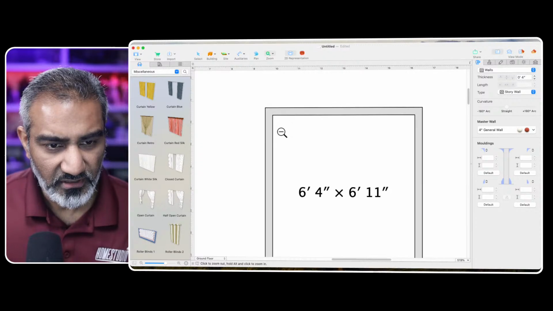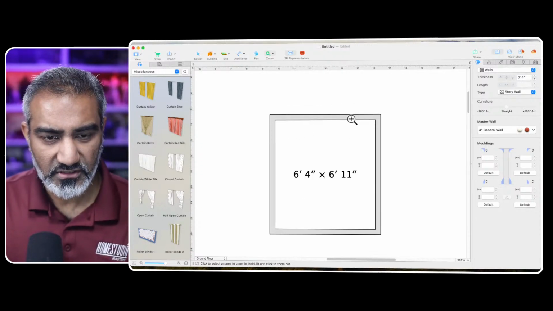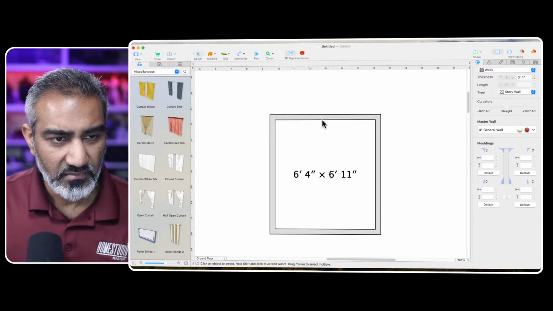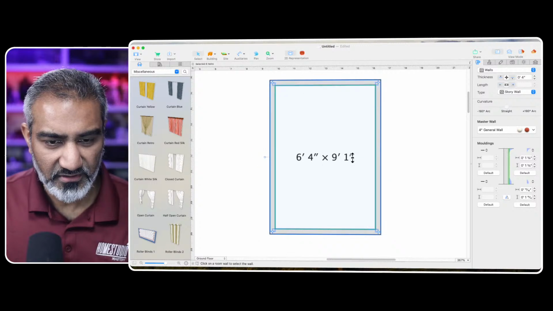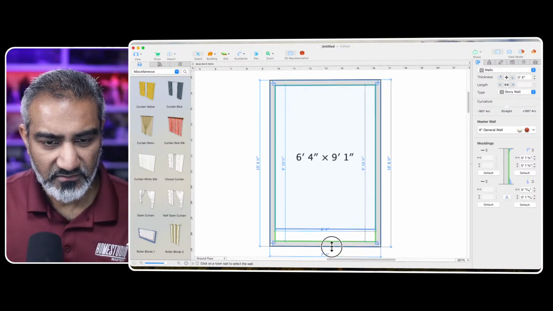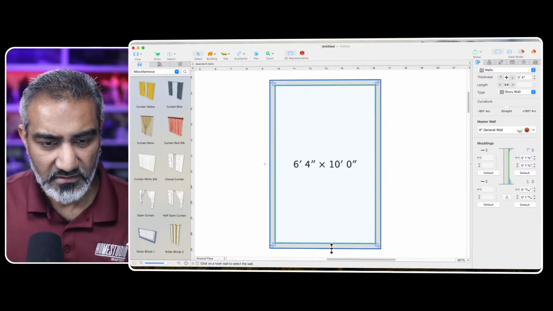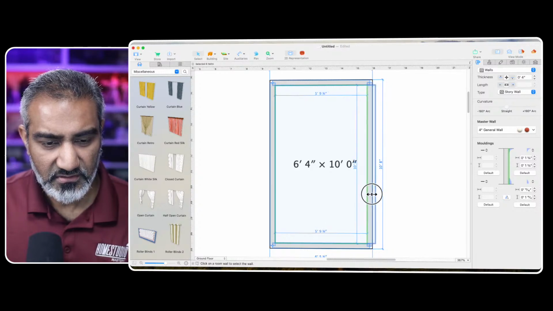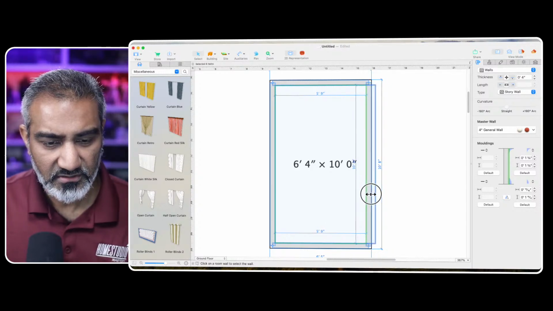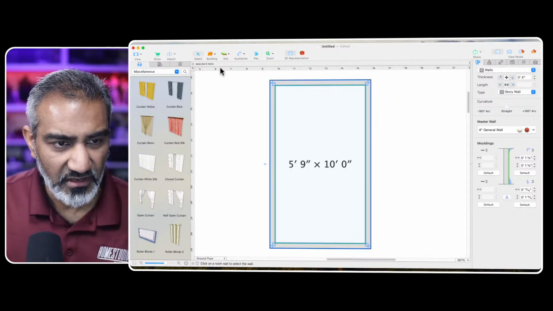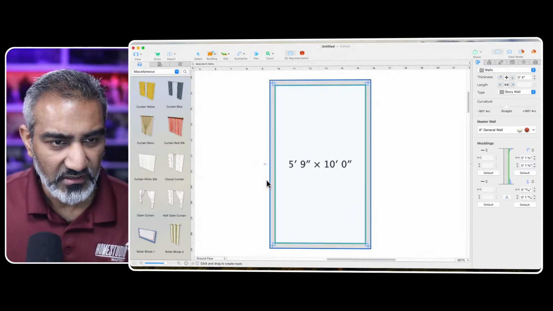So this hallway is actually not 6 foot by 4 foot. It's actually 10 foot, 8 by 5 foot, 8 inches. Now I was measuring the room space, and turns out that there's a little